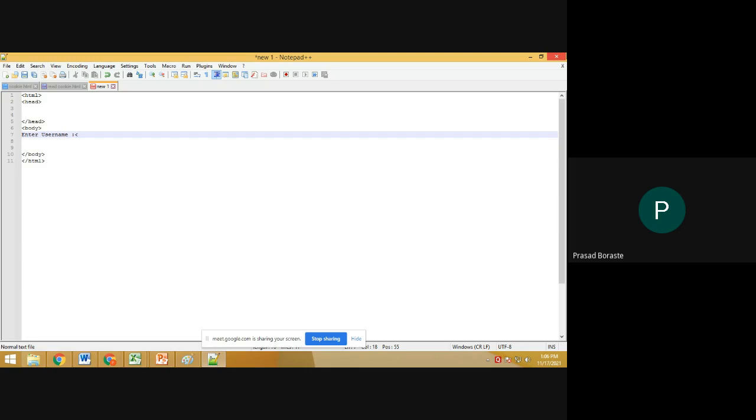For that, I am taking one text box, input type equal to text, and for that I am giving the ID as username. Then I am taking one button, input type equal to button, and the value I am giving for it is delete cookie.